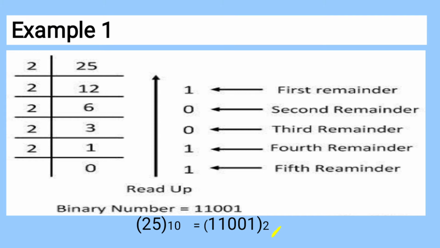Also notice that it is a must to write the base value at the bottom. Over here the 25 was in decimal. That is why the base is written as 10, because the base of the decimal number system is 10. Then you converted it into binary, so on the right hand side we have written 2 because it has been converted into the binary equivalent, whereas here it was originally in decimal form, which corresponds to base 10. That care has to be taken when you write the answer.